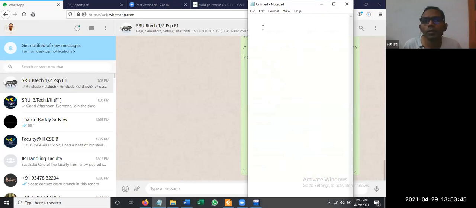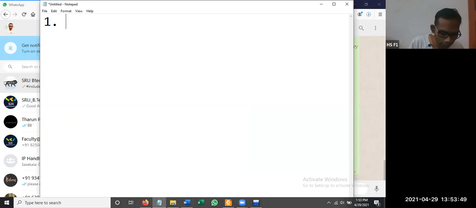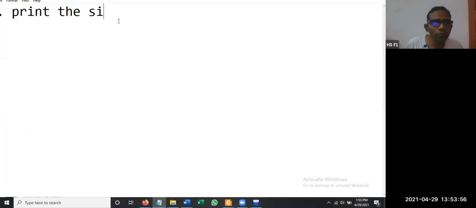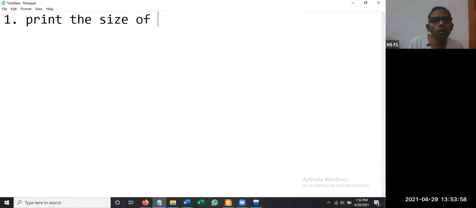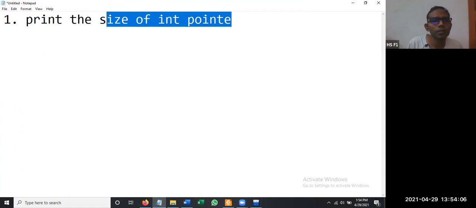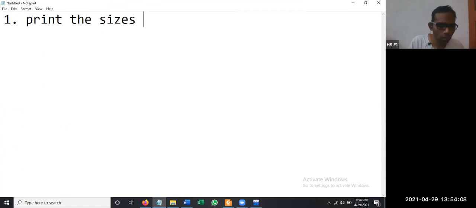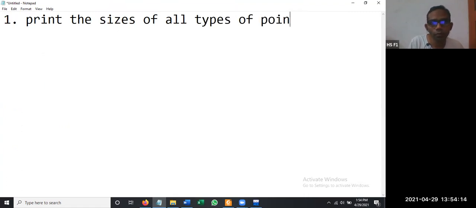So first one, print the size of integer pointer, sizes of all pointers, all types of pointers.